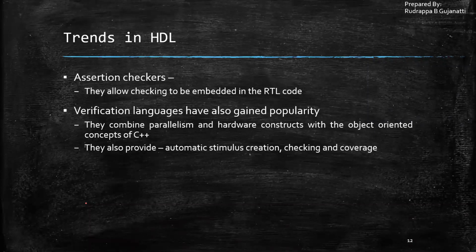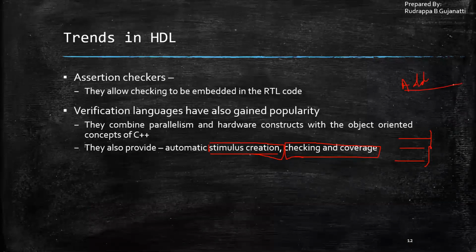Then apart from this, we can have stimulus creation, which we will be looking at in the next module. So what do all these things imply? Then checking and coverage. Coverage might be in terms of, say, if I'm writing some n number of test cases, whether these test cases cover everything. Say you're designing an adder and you want to check whether the adder is operating in proper form or not. When I want to check this adder, I should check it with all the possible conditions.